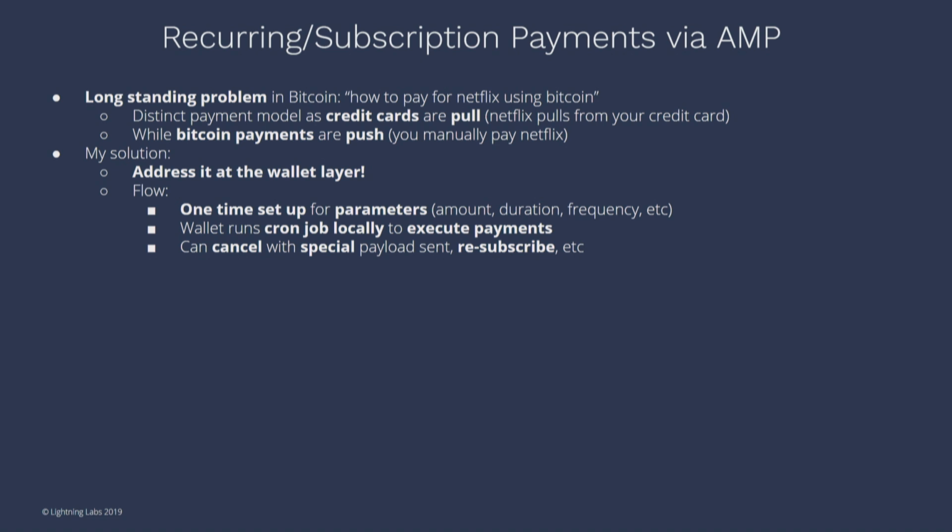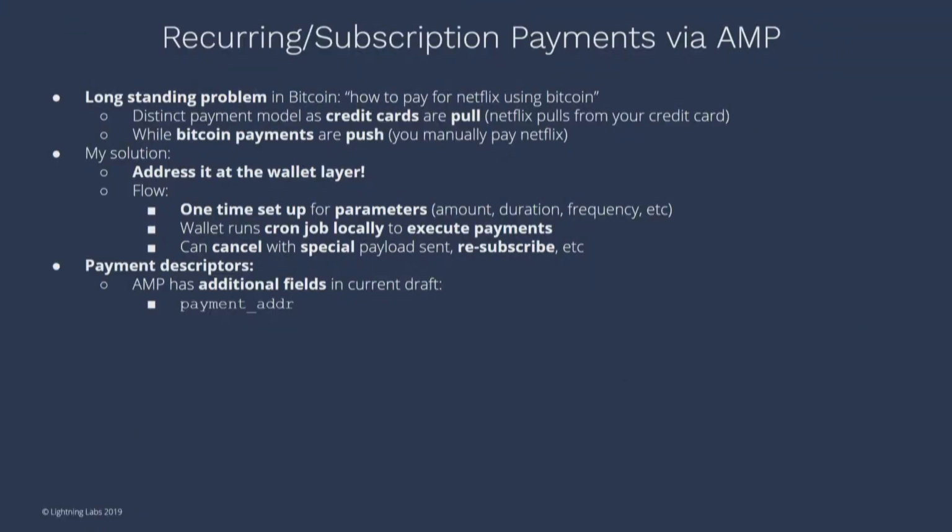So at that point, my wallet maybe is able to just say, okay, these are my different subscriptions I have going on. Now it's going to actually have kind of like a cron job locally to pay these payments over time with a particular interval. The other thing is, we can actually have different special commands. I can cancel or whatever else. I can maybe even do resubscription or go to a bigger tier from that point itself.